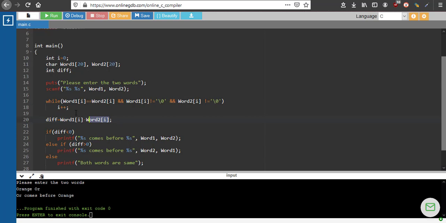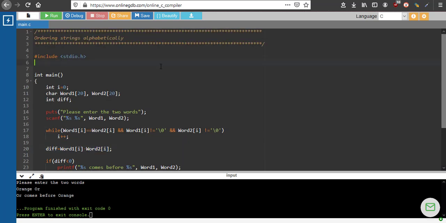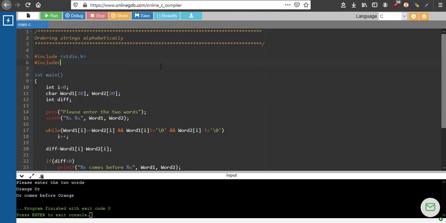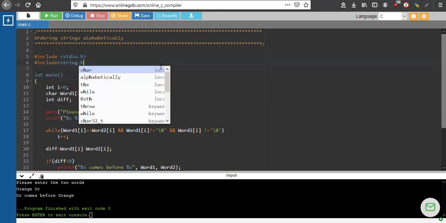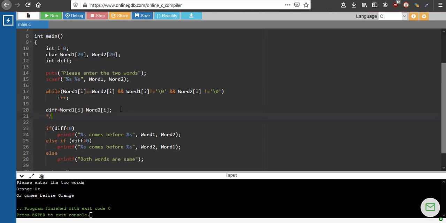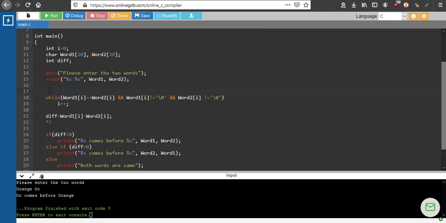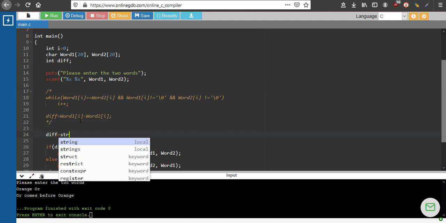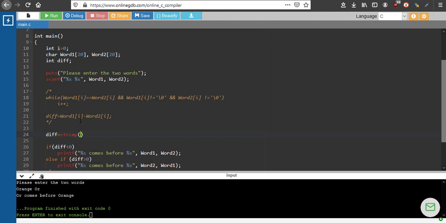Now this entire operation we can do much faster if we use an inbuilt function, which you already know. Include string.h. I'll just comment these lines. Okay, so I'll give diff equal to strcmp of word 1, word 2.